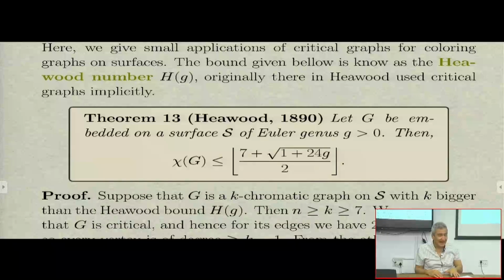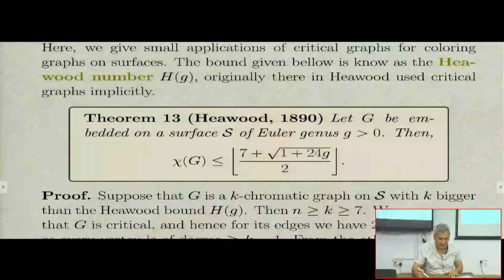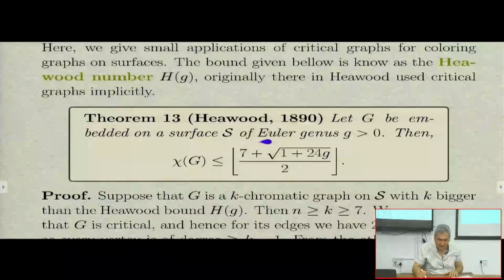Torus and Klein bottle. The Klein bottle also cannot be embedded in the plane. They have Euler genus 2, and so on. Now, Heawood proved that if I have a surface, it doesn't matter whether orientable or non-orientable, with Euler genus g,